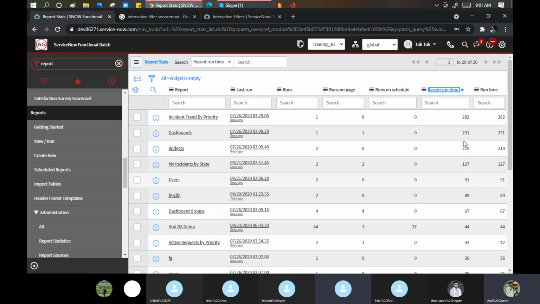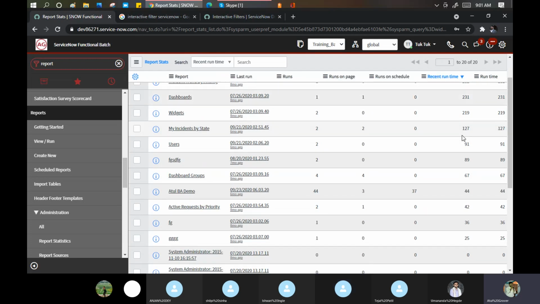See, these things are useful for an admin, for an operations person, to see that if I put any report on the dashboard, or if I reschedule any report, how much time that report is going to take. See, this report ran 44 times, and the running time is 44 milliseconds. Then it's fine for me. But if it ran 44 times and it takes 2000 milliseconds, then you can imagine it is taking 5 minutes, 7 minutes to run a single report. It's not a good practice.